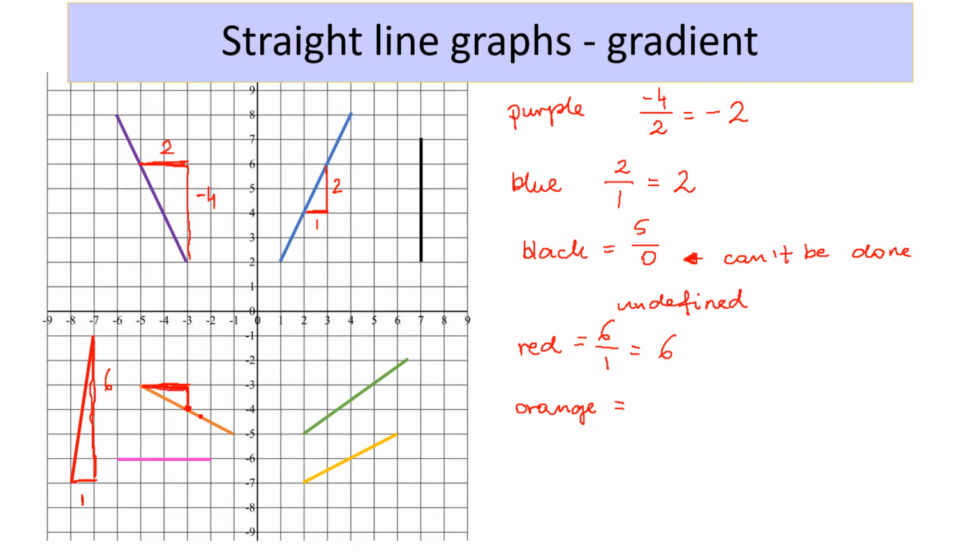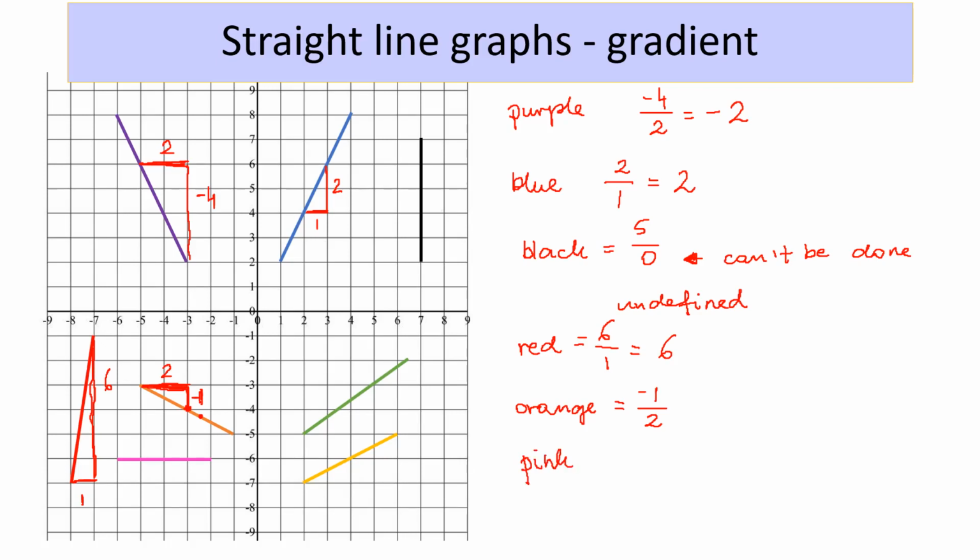So the change in x is 2, the change in y is 1. Well, actually not 1 because it's -1 because the line is going down. So the change in y is -1 over change in x, which is 2. So the gradient is -0.5. Now the line is going down, that's why the gradient is negative. Okay, for the pink line,